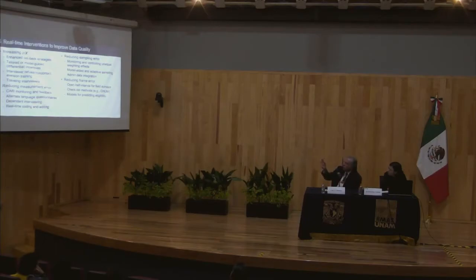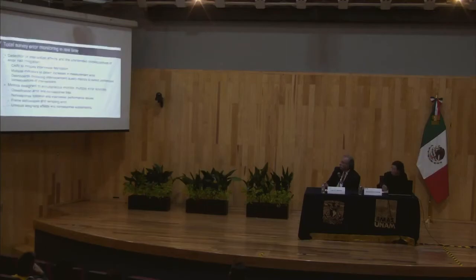important error sources, and when we talk about adaptive design, responsive design, or tailored designs, it shouldn't always be about response, non-response, and cost. But we also need to think in terms of the total error, because, like I say, you could be doing something very good to increase or reduce non-response bias, but it risks other error sources.